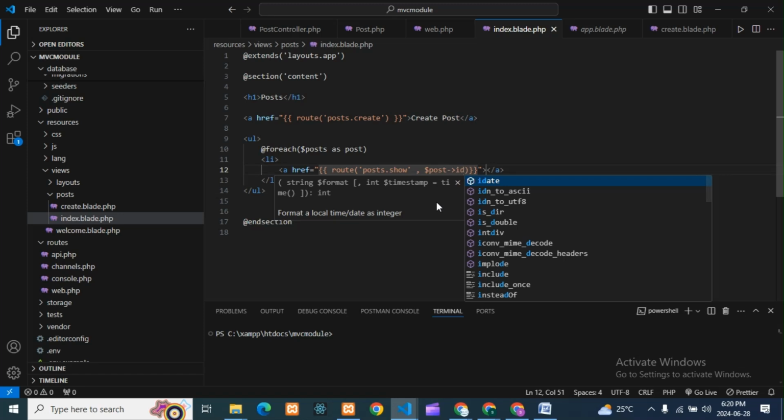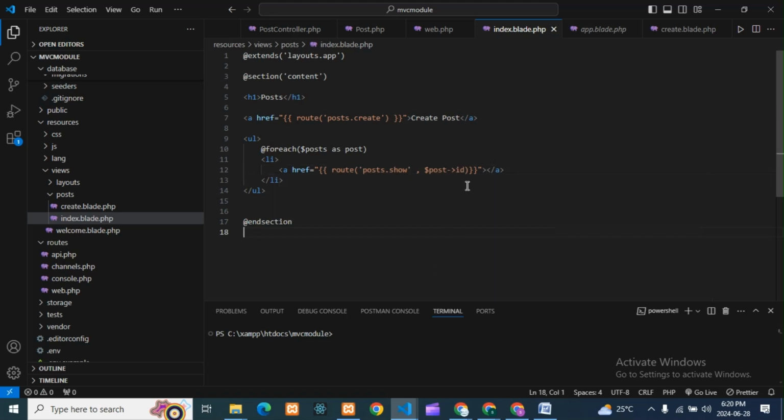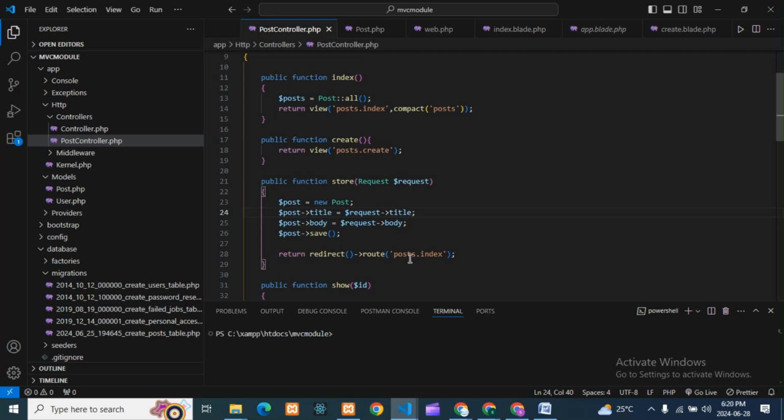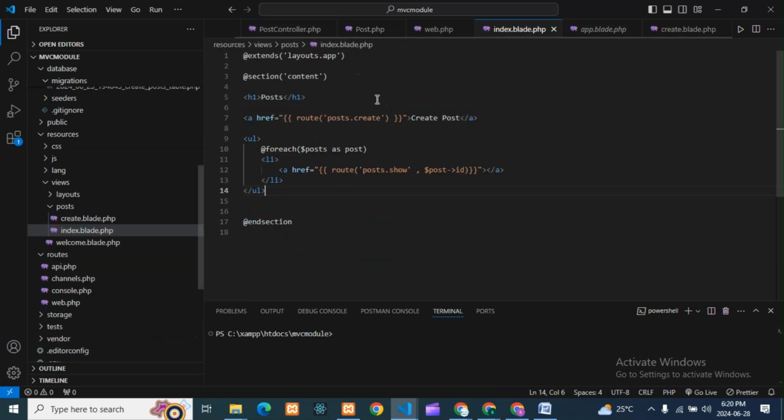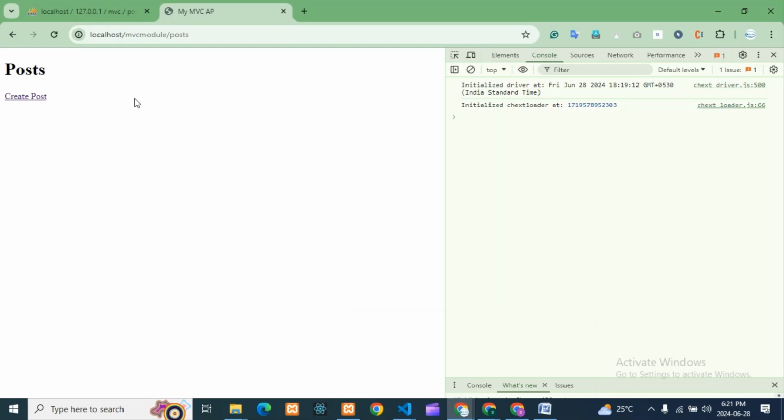Done. Whatever data is coming from here, this post we are storing, we take it here and show it here. That is post.show, and here it is $id. The post show form we have not created yet. So let me check what it will take now.